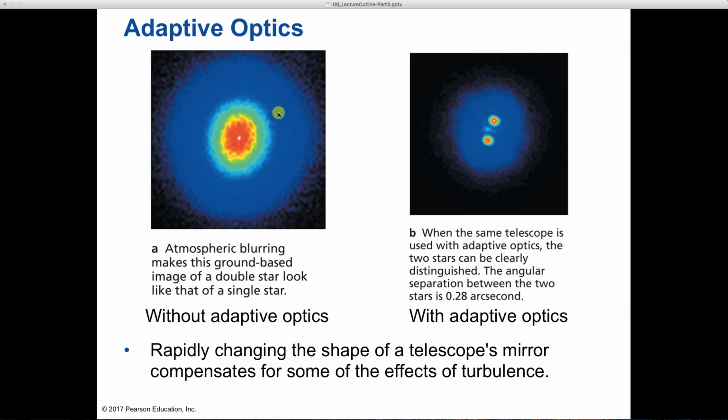Another thing to consider with telescopes on the ground is that there's going to be some atmosphere that they have to look through. Even if they're really high up on a mountain, there will be some atmosphere that they're having to look through. And that atmosphere is going to make the images look a little blurry, because as the light comes through the atmosphere, the air is always moving around to some degree.